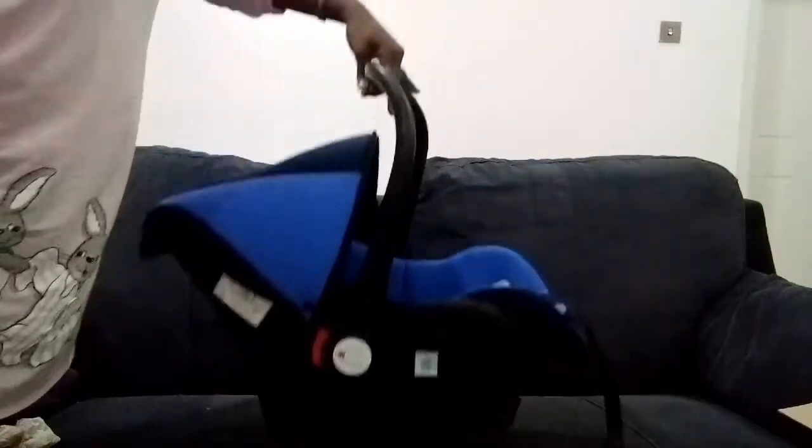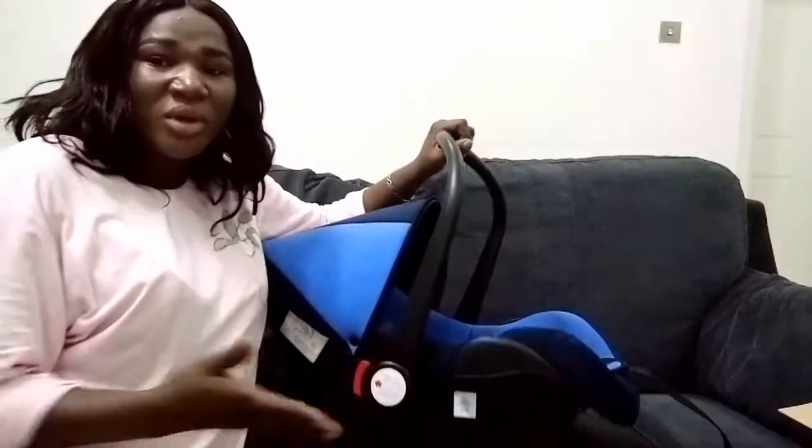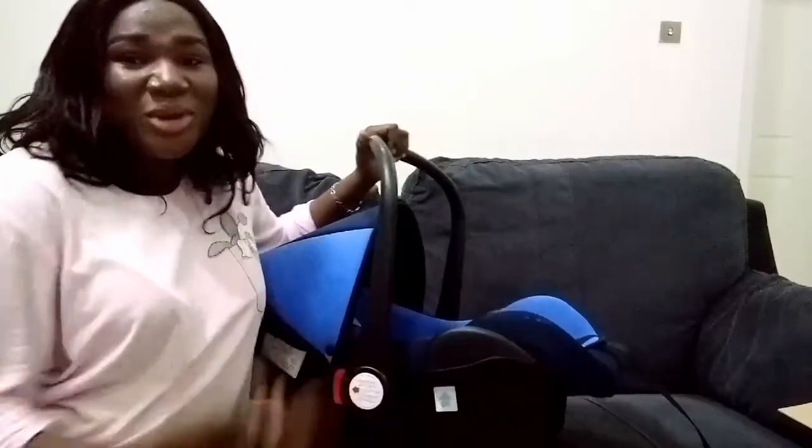This is comfortable, and sincerely, this is not even heavy. It's not even heavy at all. Like, I can just carry it with one hand, compared to some baby carriages you see around. Some of them are so heavy, so you wonder if the baby carriage is meant to carry you, or you have to carry your baby inside. So I